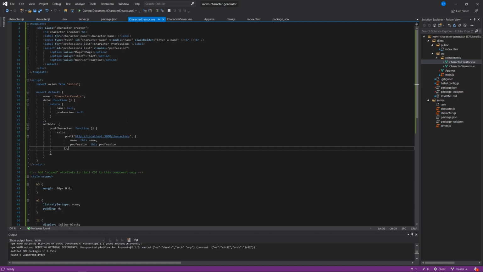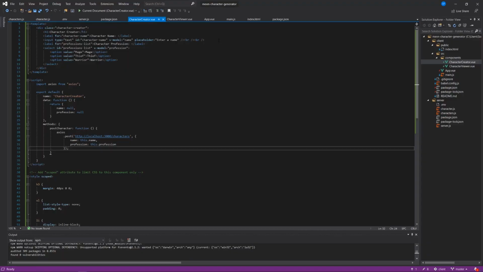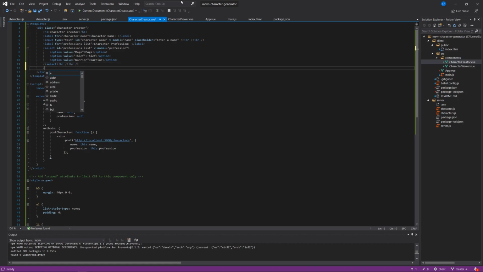But now, if we look back at the app itself and we go to create a character, we still don't really have a way to post that character. We need to add that functionality to this component, and that's pretty easy to do. All we need to do here is at the bottom, under the drop down, create a couple of breaks to give us some space to work with. We'll add a button,